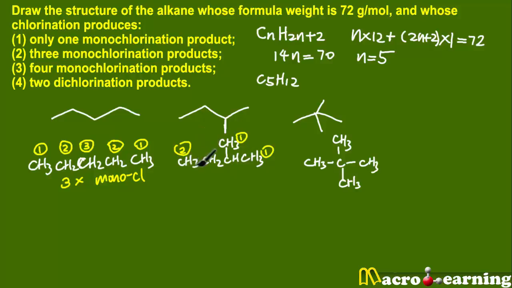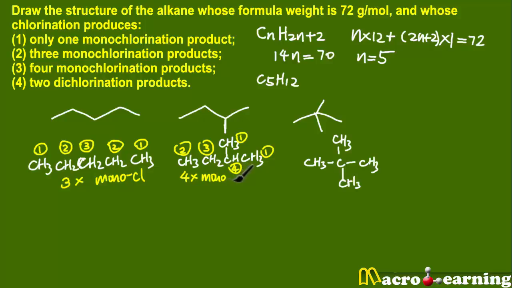Okay, this is still a methyl group, but it's different than these 2 methyl groups because of the way the structure is, right? So these 3 hydrogens are different from these 6. So it's type 2, and these 2 hydrogens belong to yet another type. It's type 3, and this one is type 4. Okay, so 4 different hydrogen atoms, and that means 4